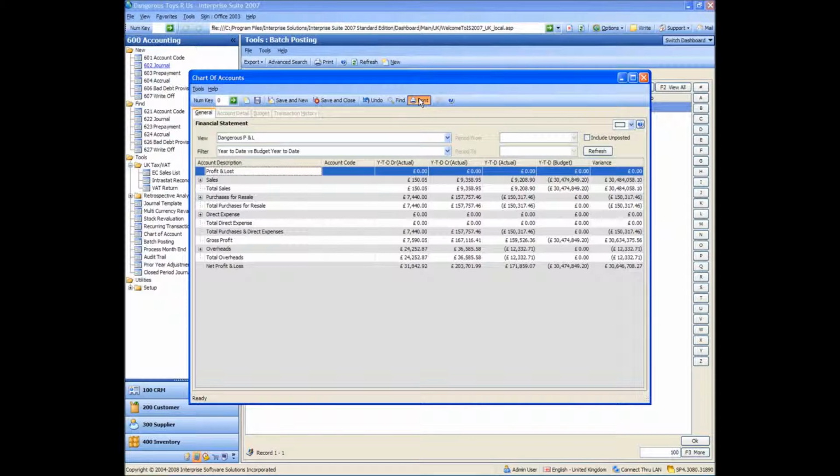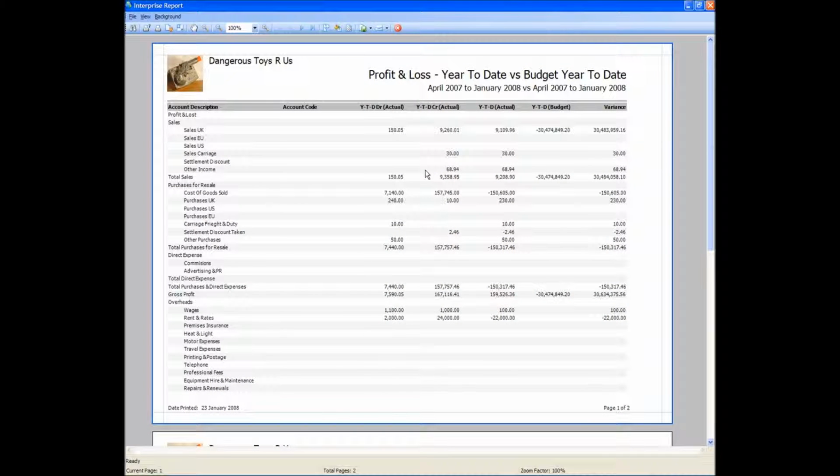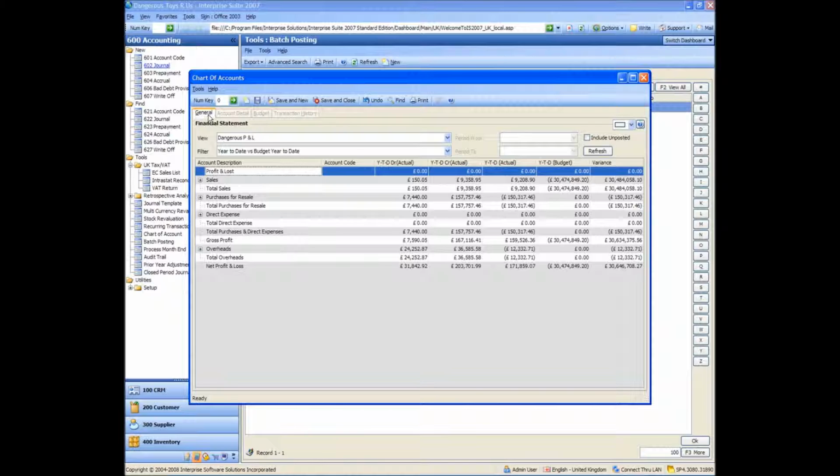Now if I click print from this chart of accounts page, it basically does a print of whatever view you have selected at the time. So that's how we print TBs, P&Ls, balance sheets, etc. Okay, so if I go back to here,